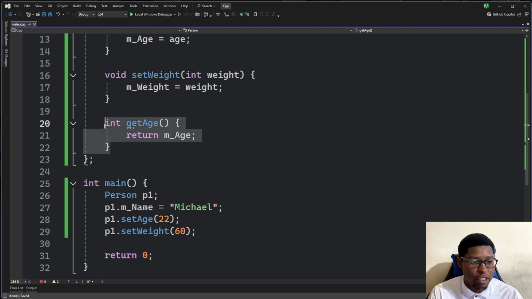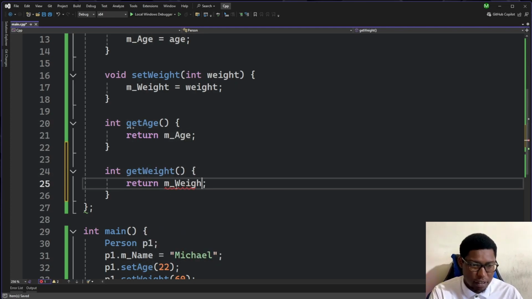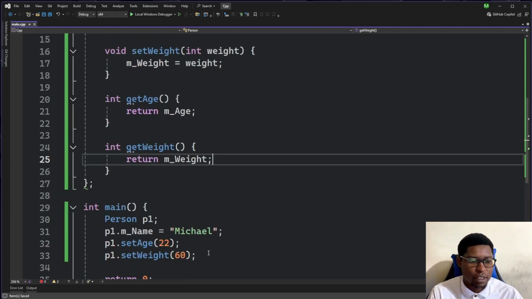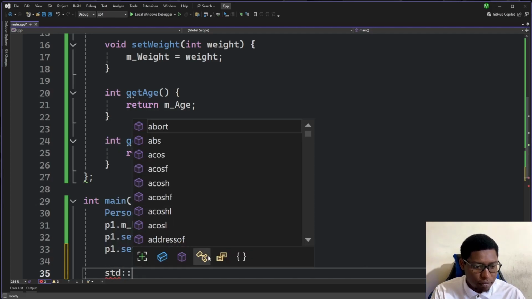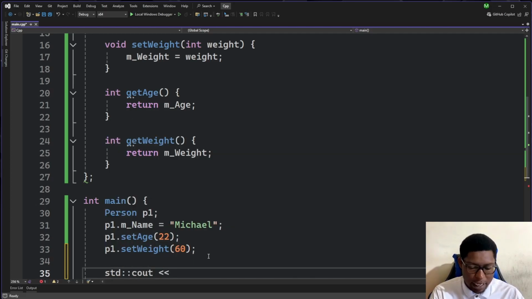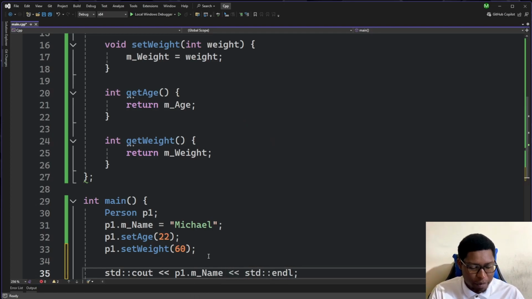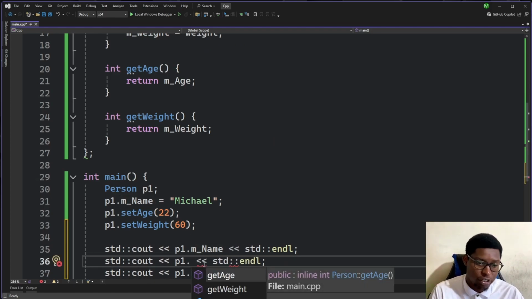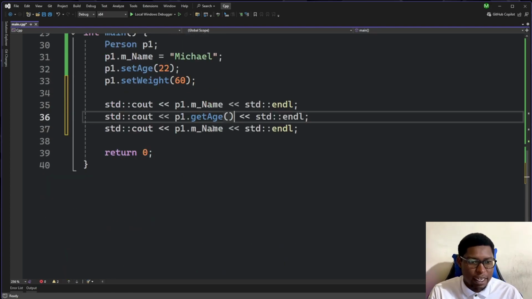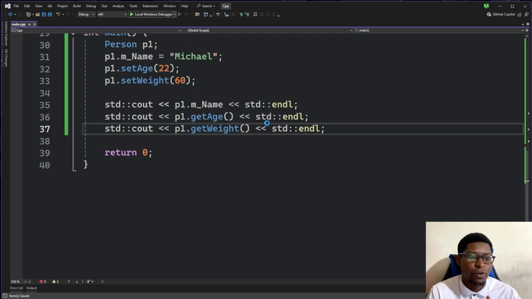So I'll just repeat this for our get weight function, which is another getter that we'll have, where we'll return the weight. So what happens here? So if we want to print the values of this person, you'll just come here std::cout and then p1.mname std::endl. I hope you remember when we went through this. Then we can have the get age, okay, which is our getter, and then we can have the get weight, which is another getter. So if we run this,